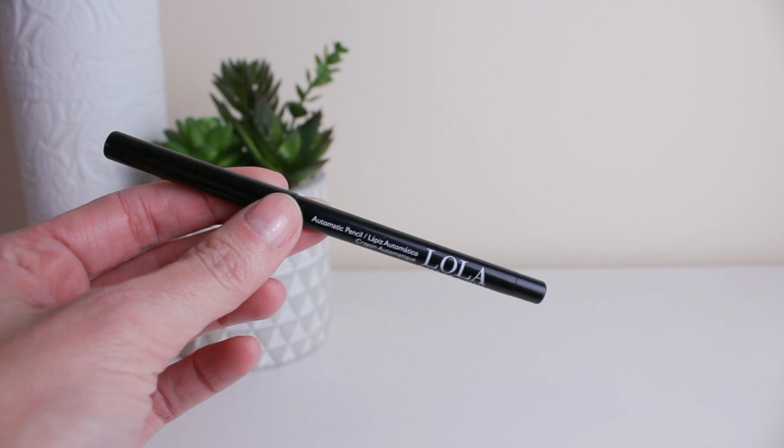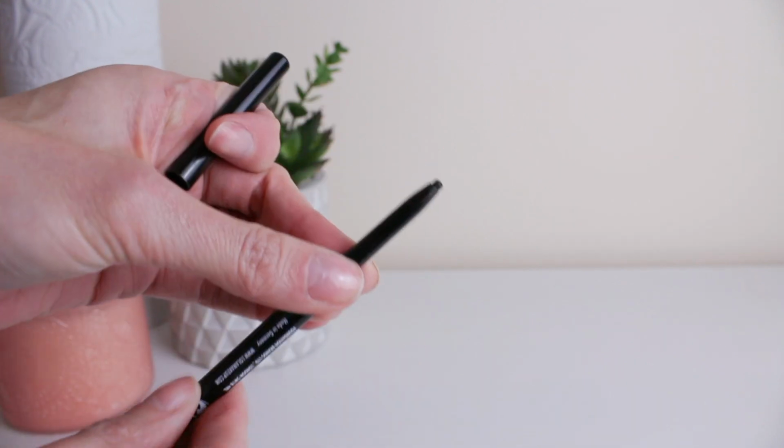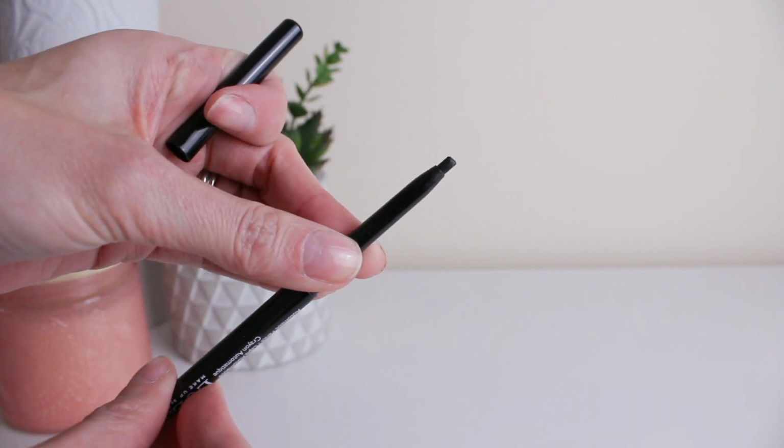Now I'm going to use the first product from Lola that I was sent, and it is this automatic eye pencil. This is in the shade 001 Black. I am not the best at lining my eyes. I can't do flicks because of the shape of them, and my bone is here, so there's no point even trying. However, I do like a little bit of pencil sometimes smudged along the upper lash line. I think it helps to define the eyes, and it would definitely add to this kind of smoky look